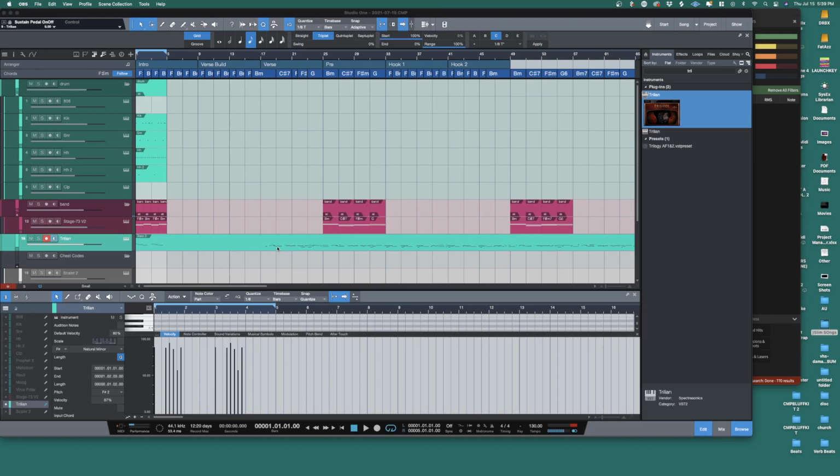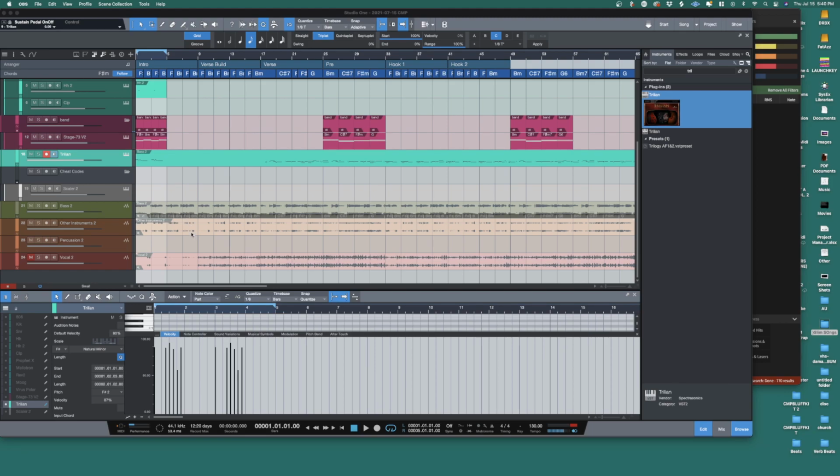So today what we're looking at is a request from Instagram. This brother was hitting me up and he was asking me about a couple Isaiah Rashad songs, specifically in reference to the chords and the bass lines. So both of these songs had acoustic bass lines. The first thing that I did was I went and got the stems from